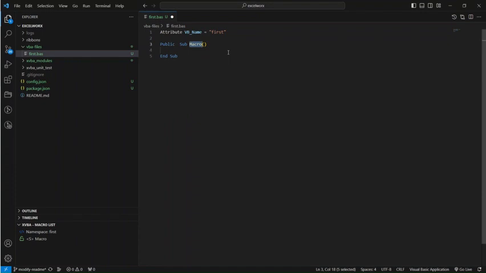It's better to do that so that it automatically fills things up, and I can give a name. I don't know. I can say hello. So I'm creating a sub like that,